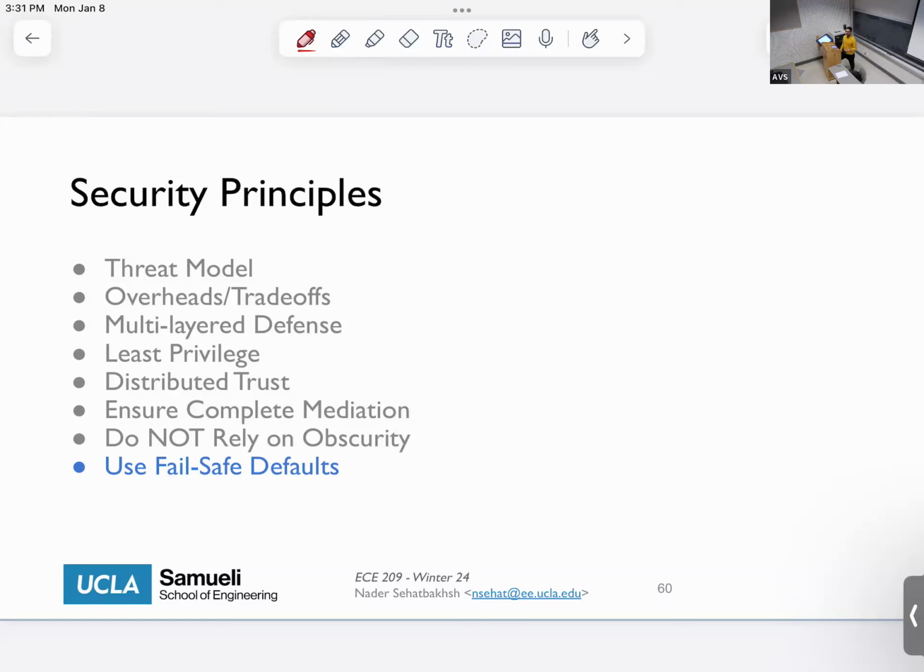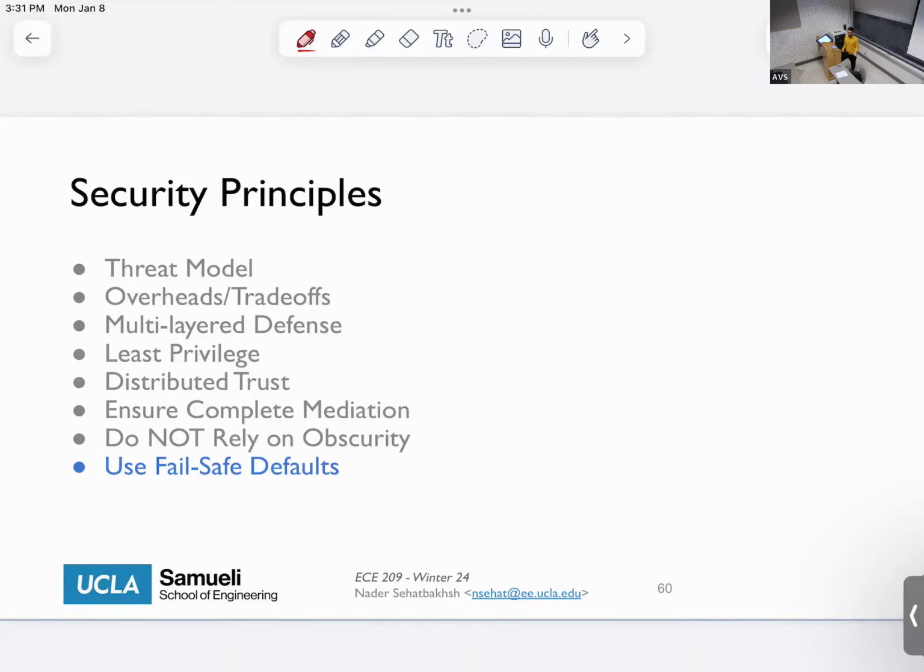So generally, the idea is, again, it's going to be a trade-off between convenience and security. And what you will see is that in many cases, security is kind of opposite of convenience, unfortunately. You have to make them as close as possible. For example, say, okay, let's think about this and make it more convenient. But at the end of the day, if you have to choose between security and convenience, you have to see